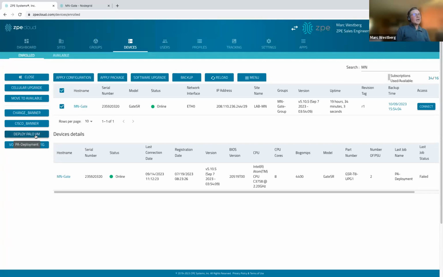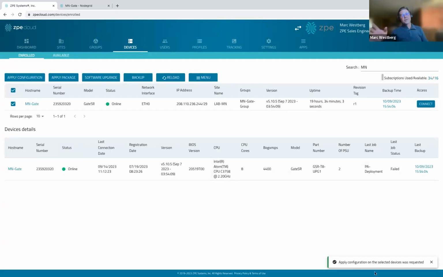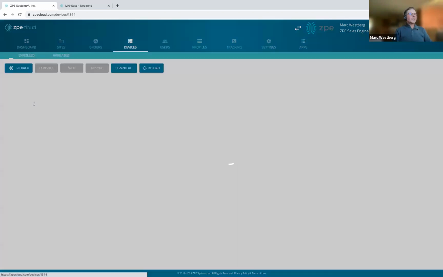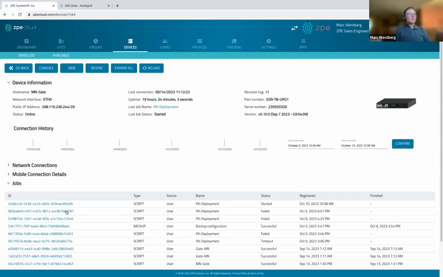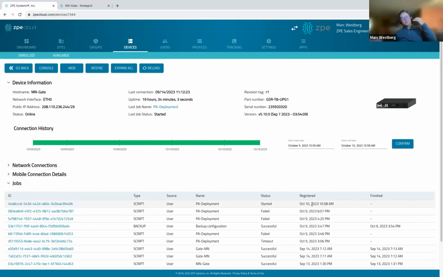So I can select that, and we can see down in the lower right that apply configuration has started. And then we can go in to the actual device and go to jobs and look and say, this one has started. It's got a copy of a 3 gig file to bring down, so I'm not going to actually wait for that. But what the script does is it copies the QCOW image from the cloud to the local device,